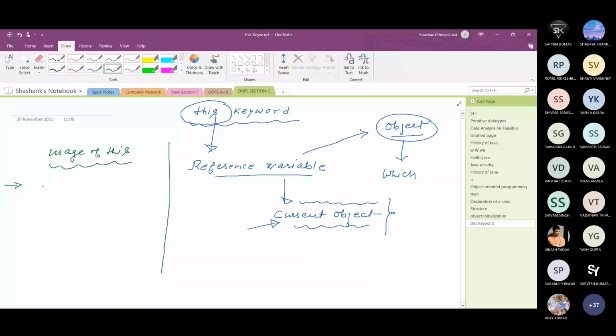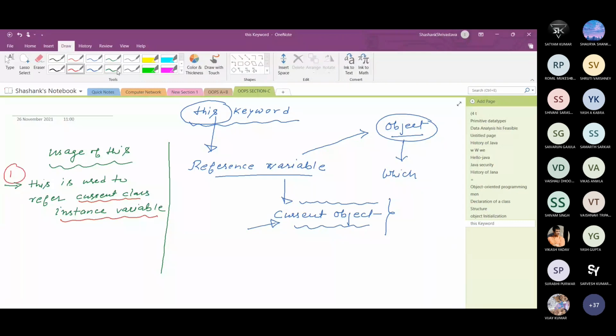The first main use of this keyword is to refer to the current class instance variable. This is the first use.